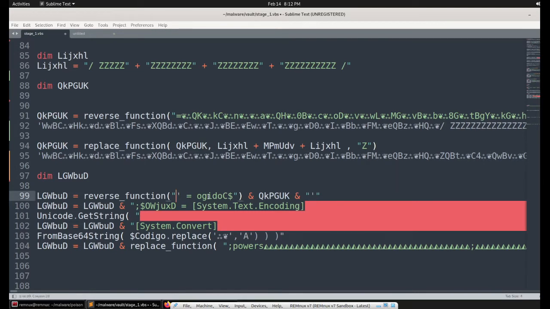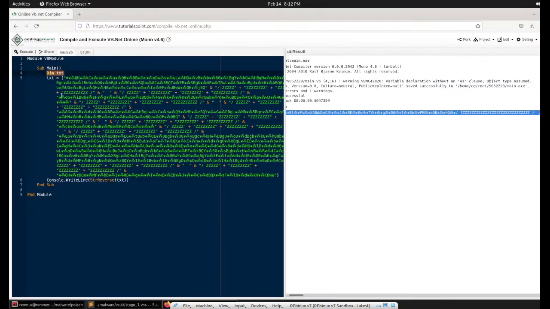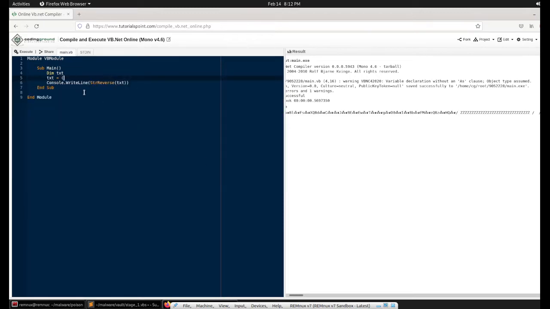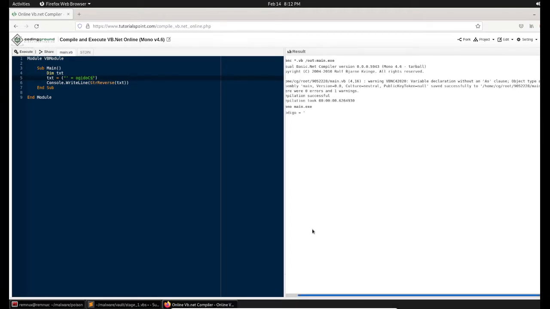So let's do that. First of all, I need to reverse this function. So let me do it with the help of the online compiler. And here I chose that. Perfect. Now I'm simply performing the same operation, and we got the output.